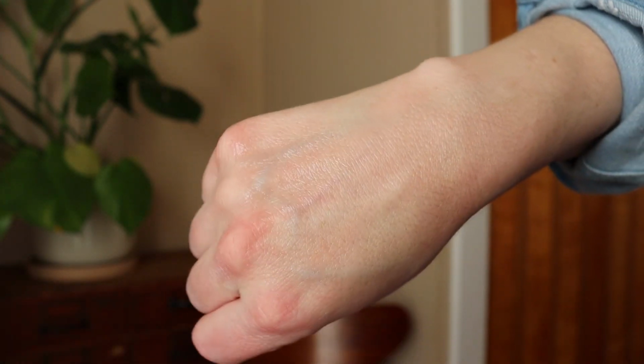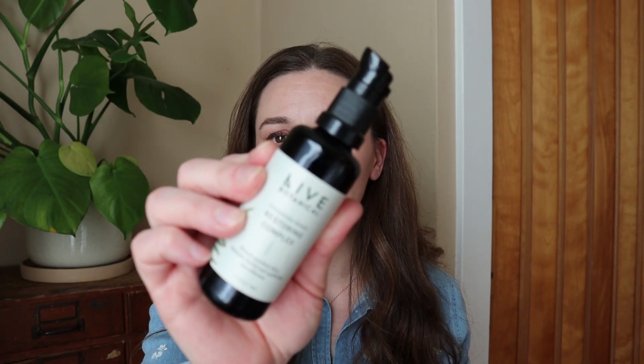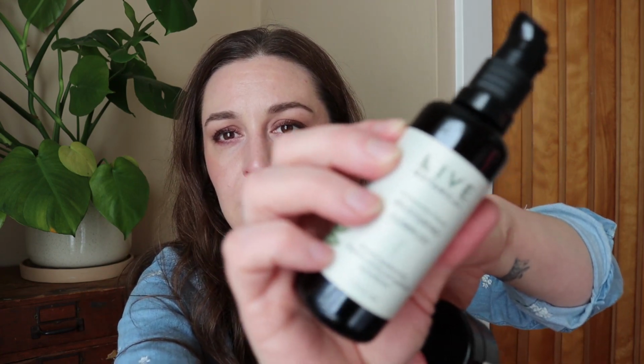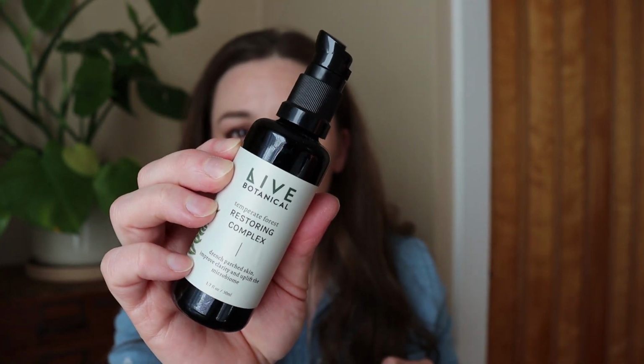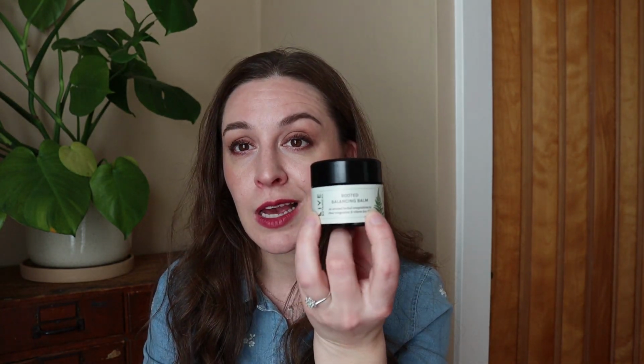The other item in the set is this Restoring Complex. This just sinks into the skin, and this is not focusing. There we go. It smells wonderful. It kind of smells like blackberries. These all pair really beautifully together, as well as pairing really well with the Jordan Samuel items that I'm currently using. This one is supposed to also help with congested skin, and I gotta say, I don't know if it's